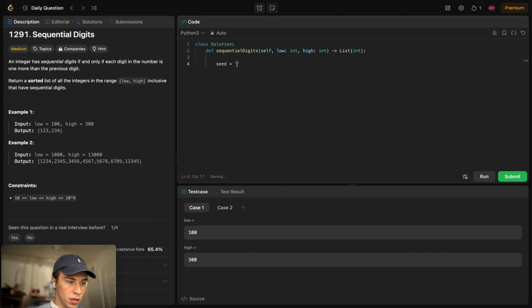That's going to be 1, 2, 3, 4, 5, 6, 7, 8, 9. This is a seed that I'm going to be using for building my numbers, right? I want to run through all possible numbers between low and high,